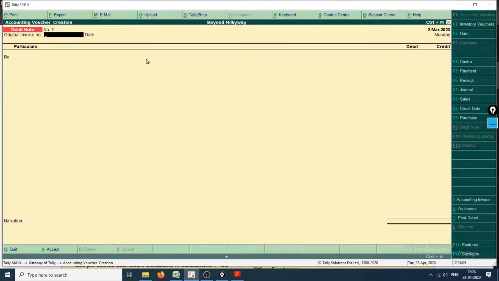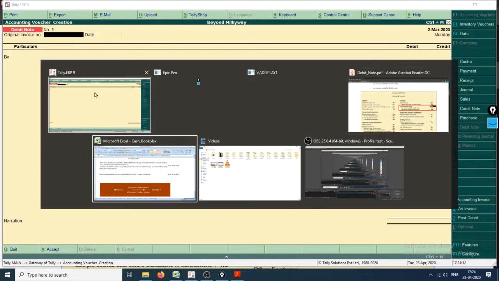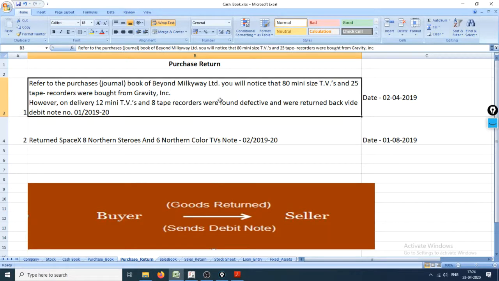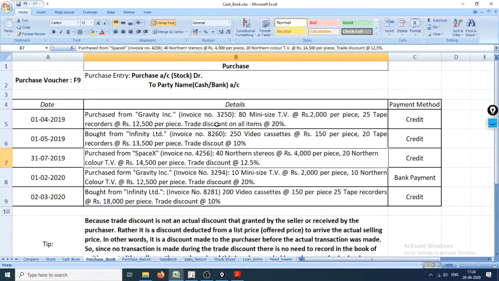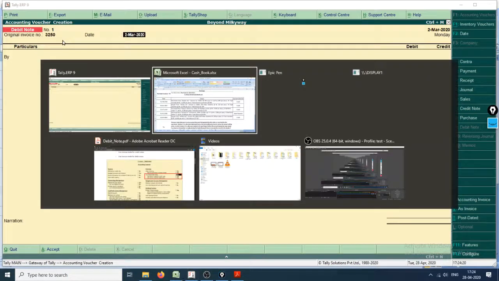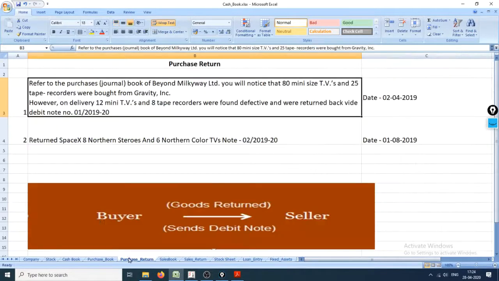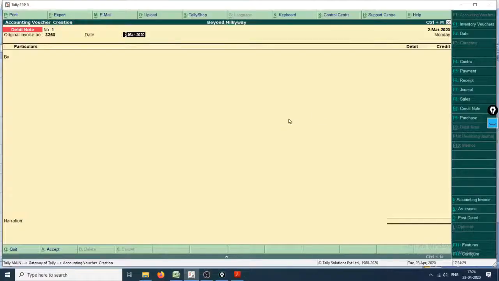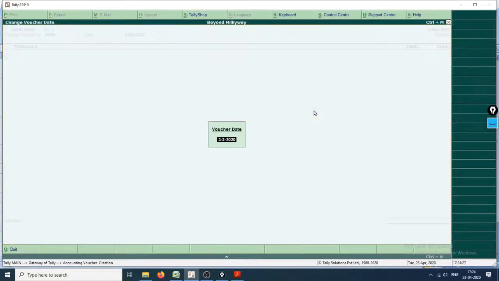Okay, debit note window appeared. Original invoice number is, do we have the original invoice number? Yes, maybe we do. It was 3250, right? 3250. Date. OMG, I always have trouble entering the date. 2nd of April 19.